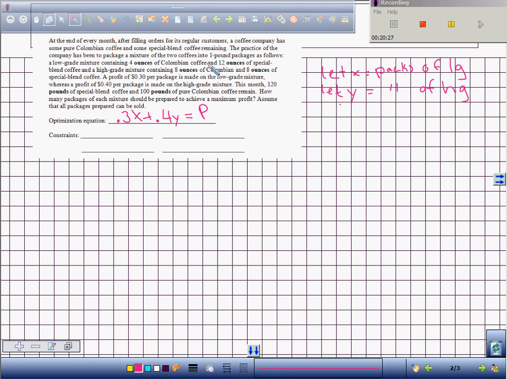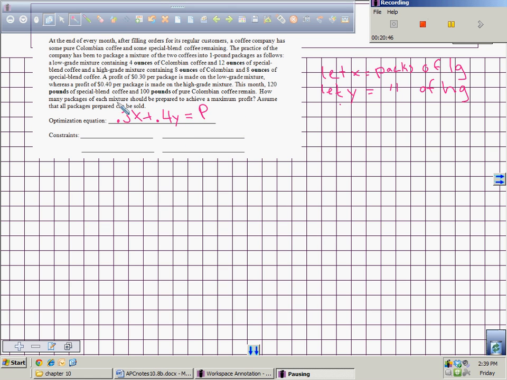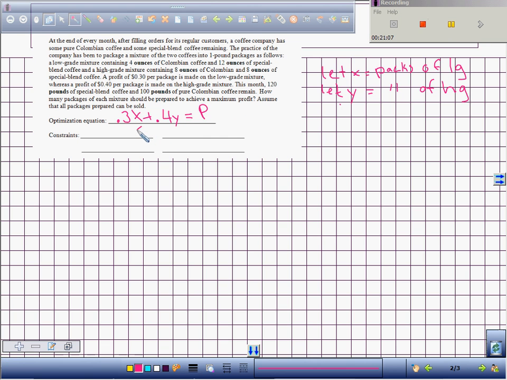some constraints. I'm just going to go through this. For the low-grade mixture, you have some restraints or constraints, and one of the constraints is that this month there are 120 pounds of special blend coffee left over and 100 pounds of pure Colombian coffee remaining. So what you know is that something is less than or equal to 100